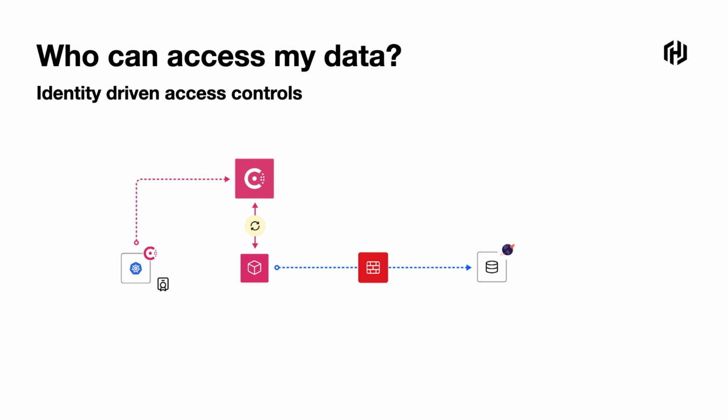ACLs, what we call intentions within Console, to say, okay, which services should be able to communicate with these target systems? In this case, with our Yugabyte Cloud, can it be communicated to by our product service? Now, in this case, the answer is yes. So when that pod reaches out to the terminating gateway, it presents its certificate. The terminating gateway then says, oh, yep, I've got a rule that says this thing can communicate based on the identity that's been presented to me. I'm now going to present back my identity document, which it can verify, and now we have mutual TLS between